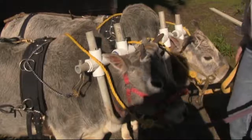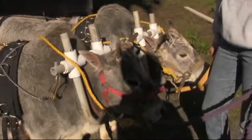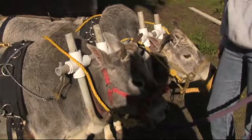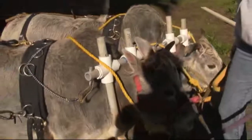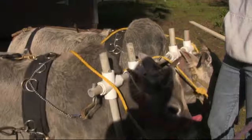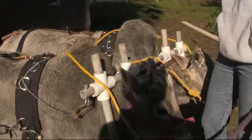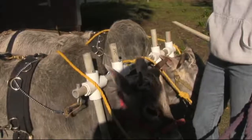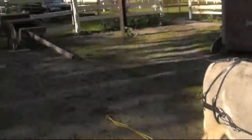So we're not going to move with my darling little heifers today, as much as we've done everything we possibly can to make this safe and have moved in the past. But we had more team members. We're not going to move until we have at least 3, maybe 4, maybe even 5 people here to help us film this next session, when we hope we will be able to hook up the forecart